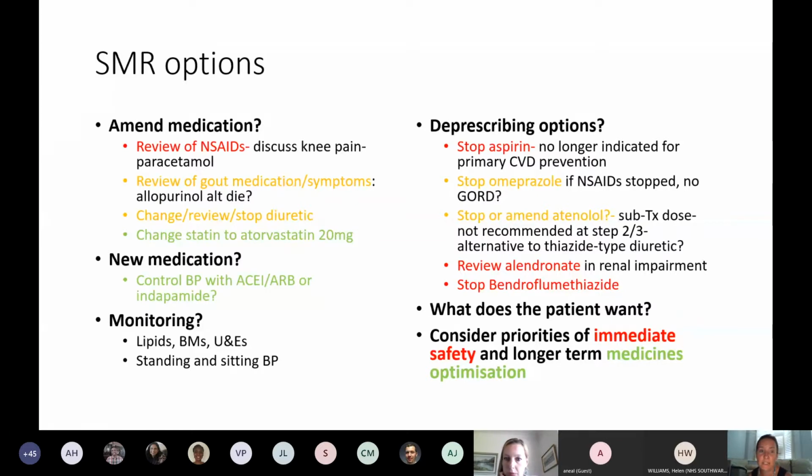Can we review his alendronate, his renal impairment? It's not going to be effective. And can we also stop his thiazide? Because it will not be effective in low renal impairment. But what does the patient want? What are the patient's priorities? And how can we make him safe immediately, but also in the longer term, how can we make his medicines